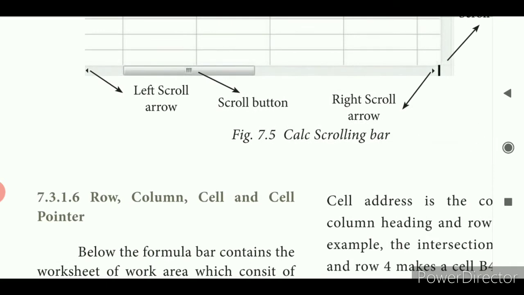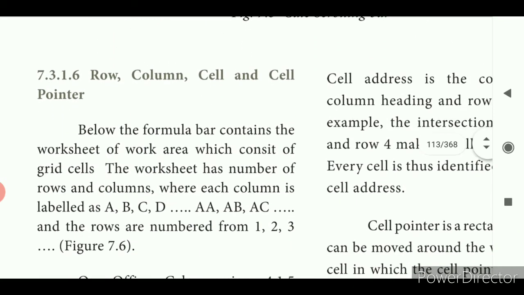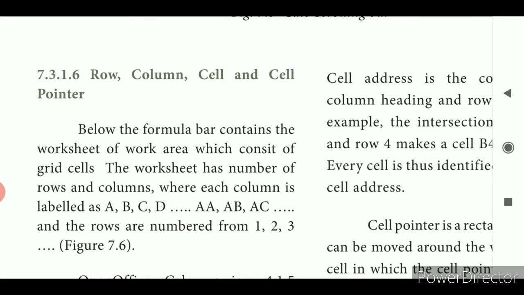Then row, column, cell and cell pointer. Obviously, how do you draw a table? You have to use vertical columns and horizontal lines. In a spreadsheet also it is in tabular form. Tabular form means it consists of rows and columns. So which one is a row, which one is a column?